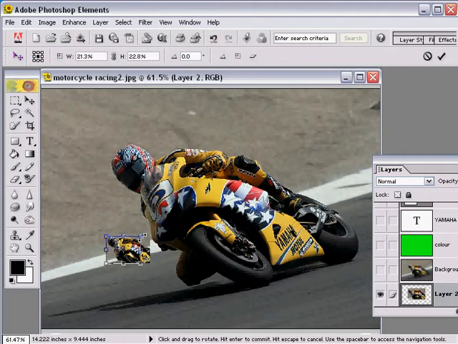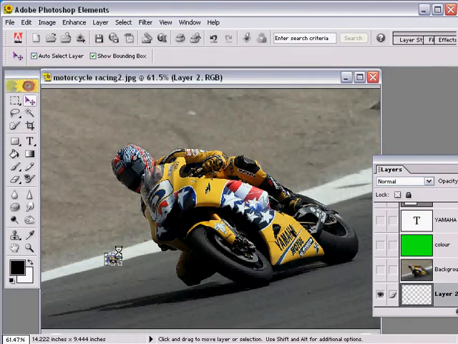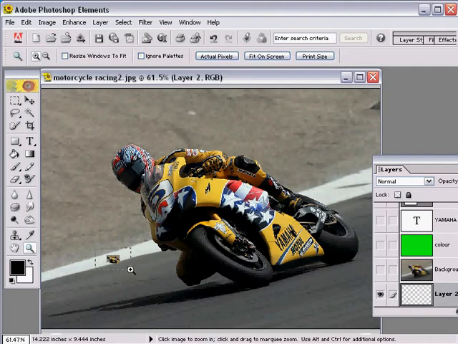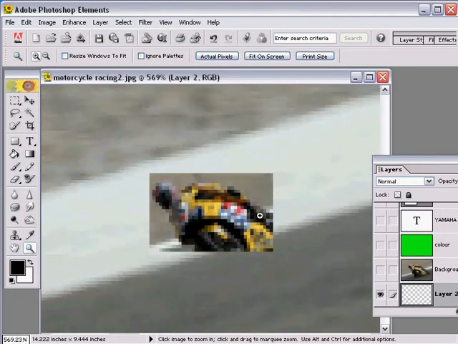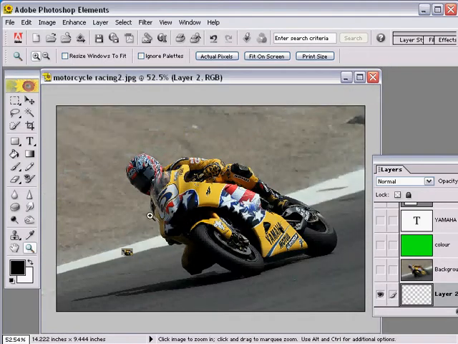And what I'm doing is removing a whole lot of information from him. Not only am I shrinking him down, but when you zoom in, he's lost a lot of information. He's really pixelated, right? Well, what happens when I want to blow him back up? Let's zoom back out, Control 0. If I blow him back up,